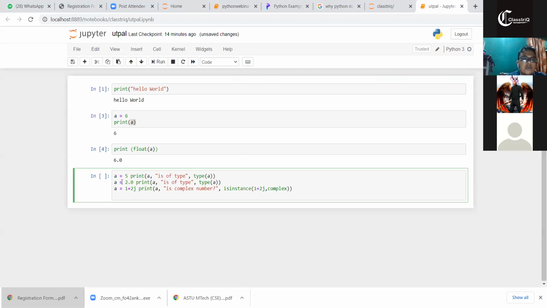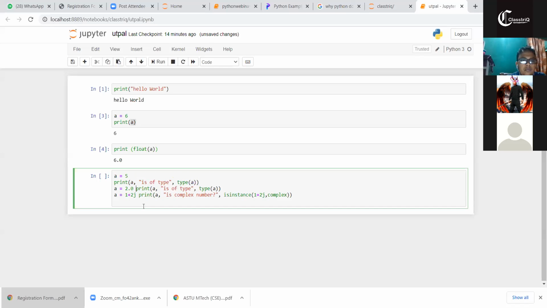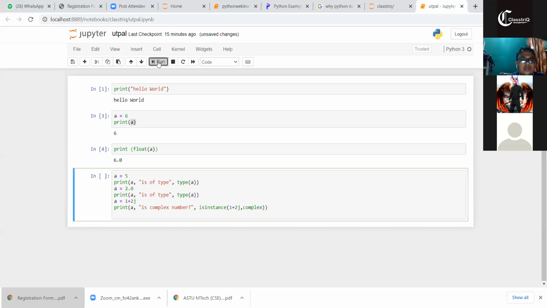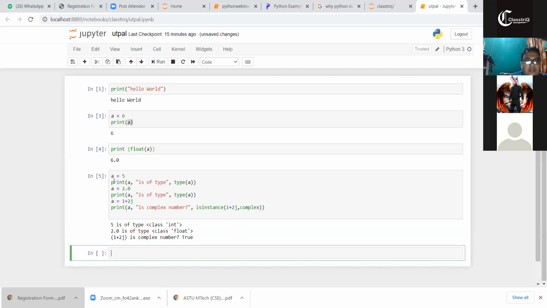See, this is the program. A equal to 5, print 2.0, print. Now I am going to run. See, if you are going to run a equal to 5, print a is of type, that means 5,